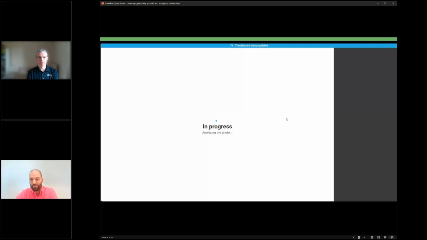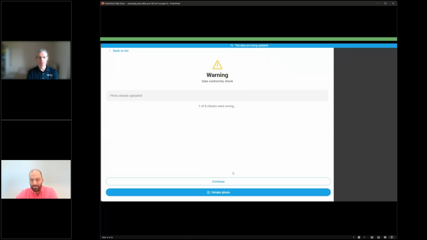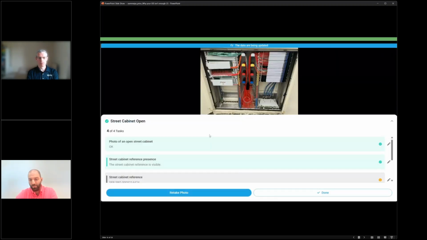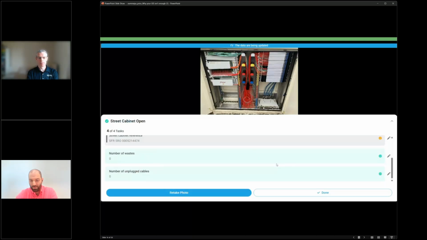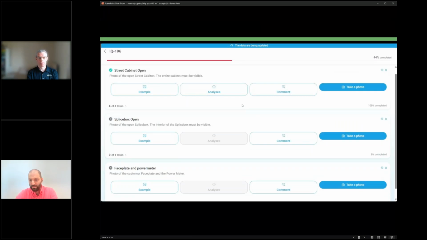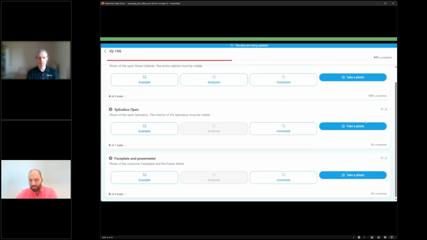Of course, for this demo, we are not taking a live picture, but we are uploading one. As you can see, the AI is doing the analysis. Since this picture has been used before, we see that one of the checks is flagged as being wrong, and we see the report of the check, the AI validation. So the reference of the cabinet is picked, and we can continue with our work.